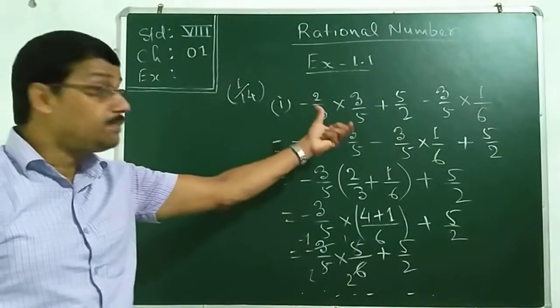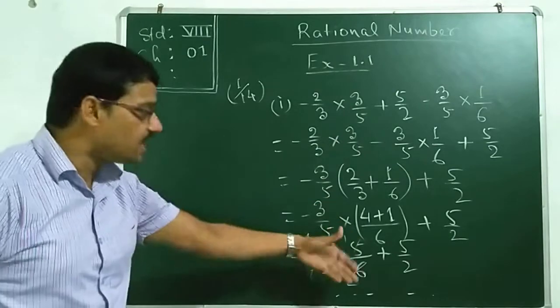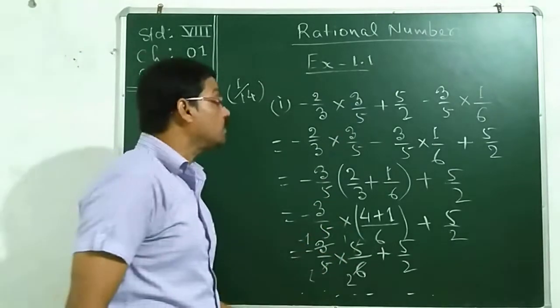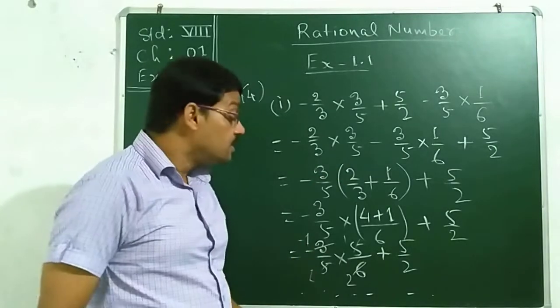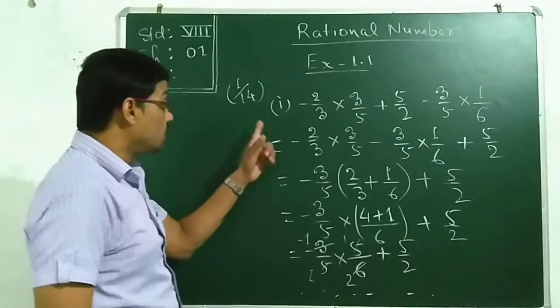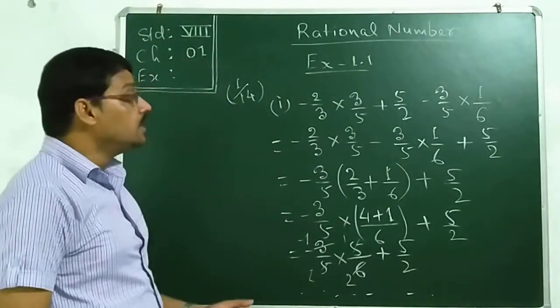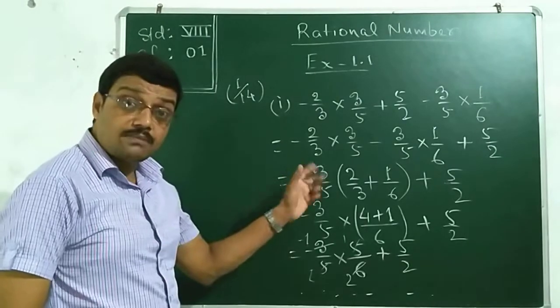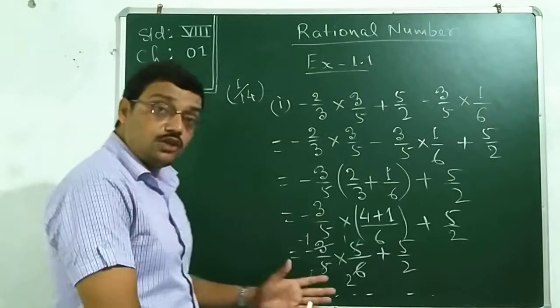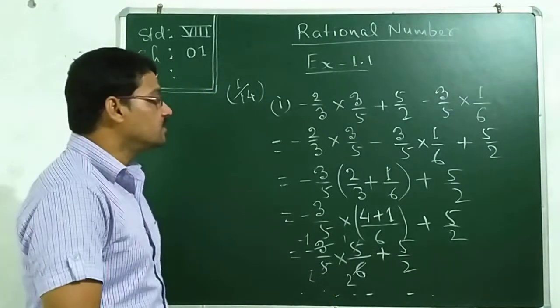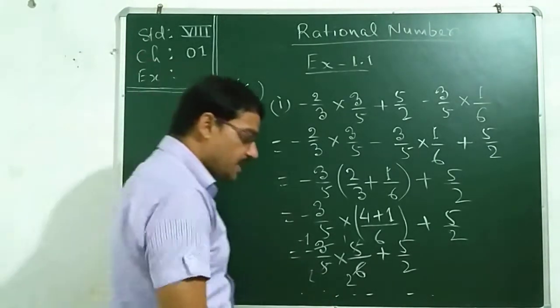Instead of doing the simple multiplication, if we arrange like this and then complete your sum. Similarly, you will solve the second sum also. Second one is very similar to this one. And so far I have taught you the properties to be used for rational numbers. Don't ignore those properties. Now come to the second sum.